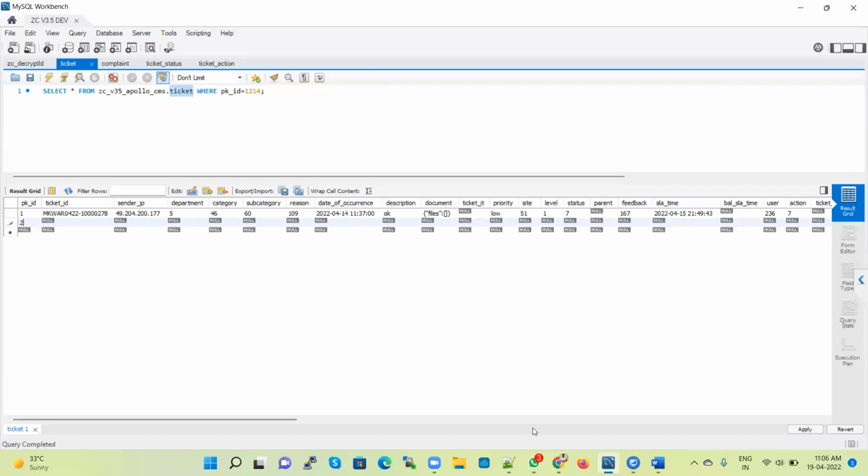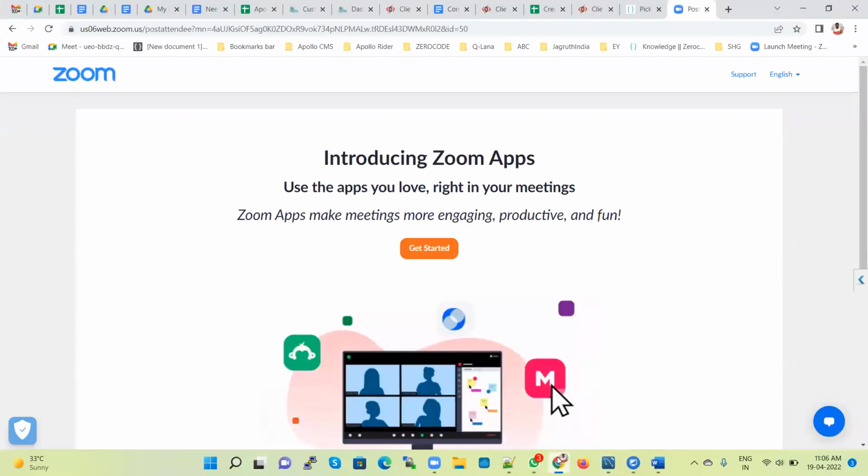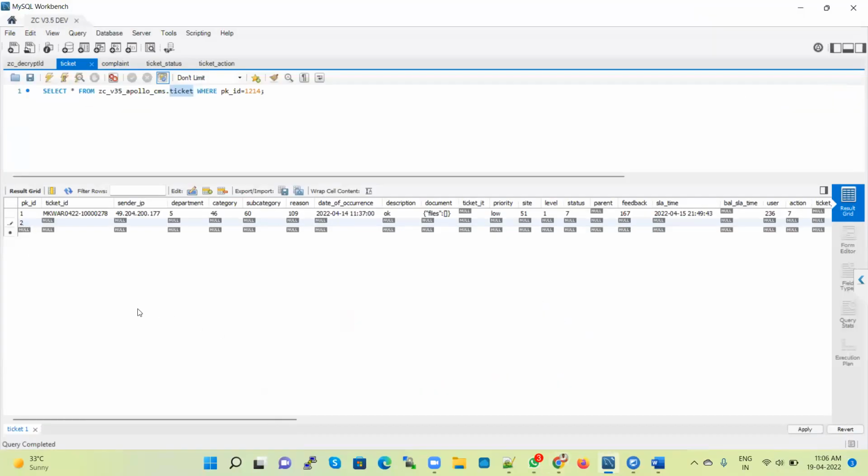So when you view this data in a console, you don't know what that number is, it's an encrypted ID. To avoid security issues, we encrypt that ID, and internally it's decrypted and saved in the database. So when you get a list, list API or select API, Zerocode will by default give